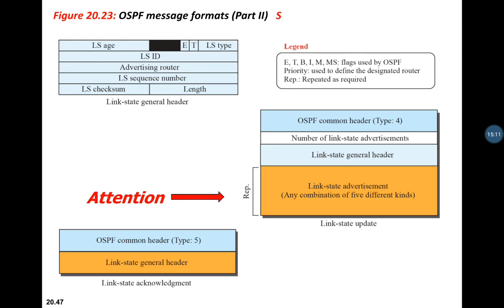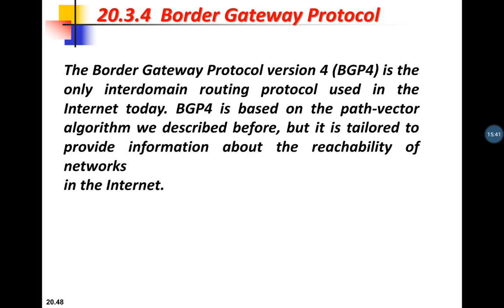With respect to performance, the update messages are flooded to the whole area. If the area is large, they may create heavy traffic and use a lot of bandwidth. Next, robustness. This is more robust. After receiving the completed LSDB, each router is independent and does not depend on other routers in the area. Next, convergence of the flooding table. When flooding is completed, each router can create its own shortest path tree and the flooding table. That is about the Open Shortest Path First algorithm.